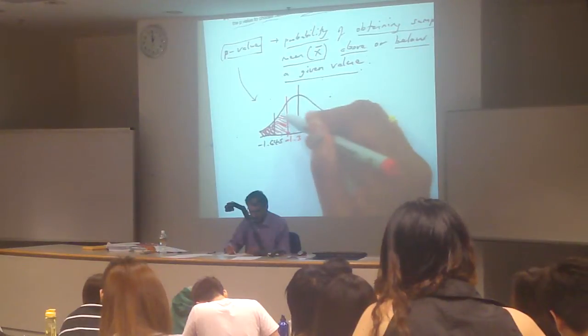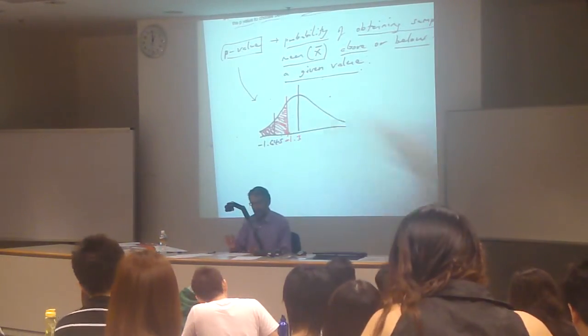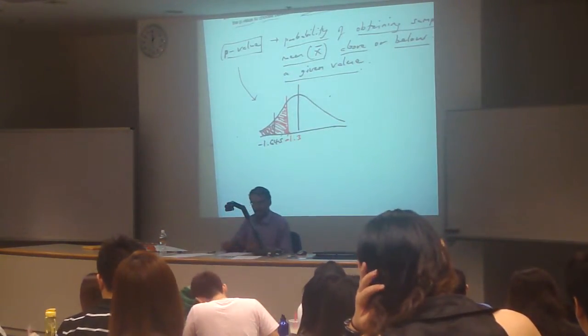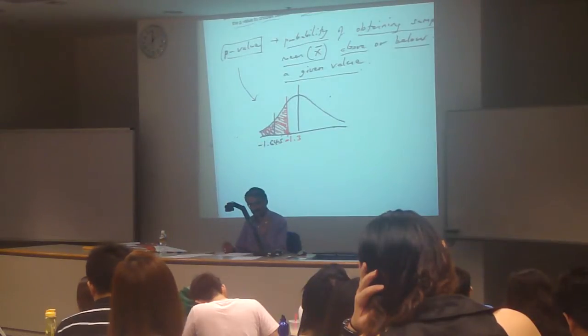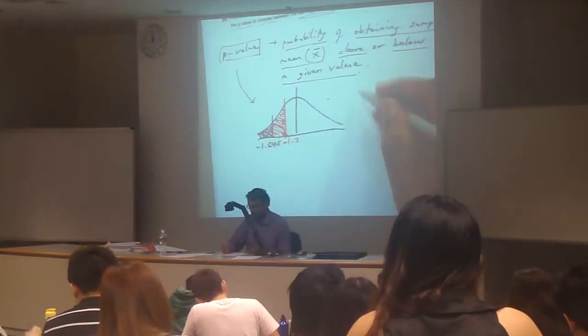Agreed. So should we make the shaded area larger or smaller? Larger. So the larger shaded area becomes what value? P value. The black area is actually alpha. So P value,